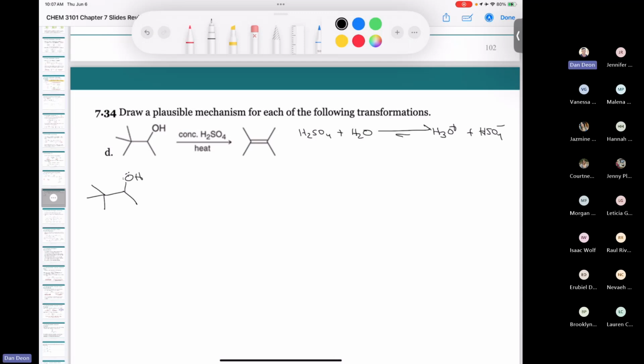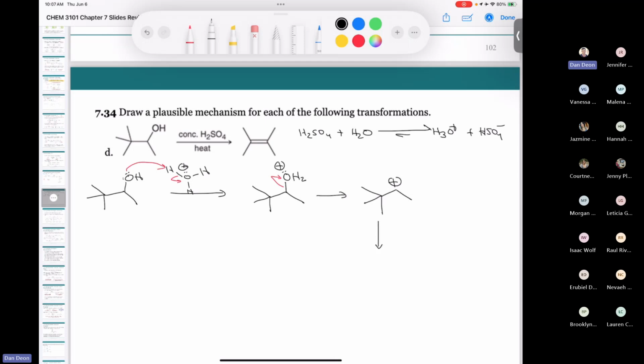So let me see here. How would I do this? Let's do it in this direction, I guess. We're going to put our hydronium ion. If you drew sulfuric acid, technically it's not incorrect, but H3O+ is going to be more present in the solution. So we take our poor leaving group, we convert it into a good leaving group. Then if the leaving group leaves, we end up with a secondary carbocation,